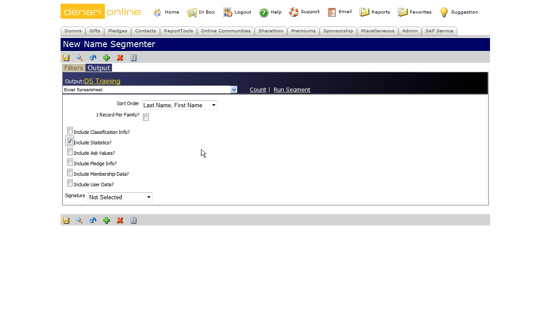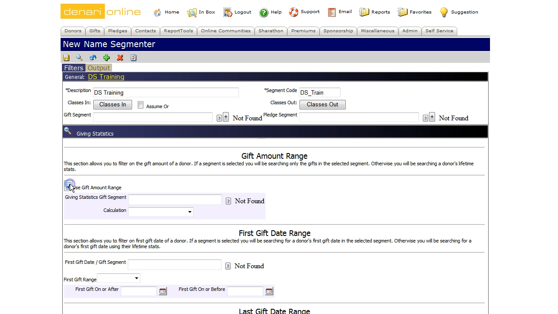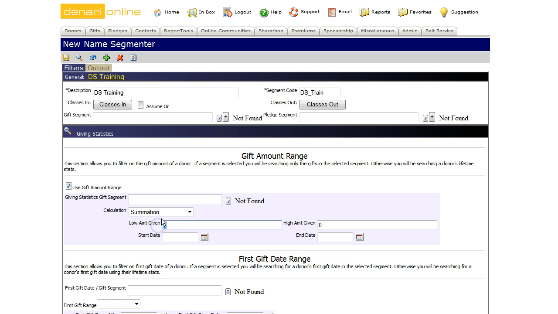Now, there is one exception to the rule. As I said before, Denari's name segmenter doesn't output gift information. There's one small exception to that, and that is this. If you use this filter over here under giving statistics, use gift amount range, we looked at this earlier, and under calculation, any of these calculation methods works, and we put in summation, and let's say we want anybody who's given more than $500,